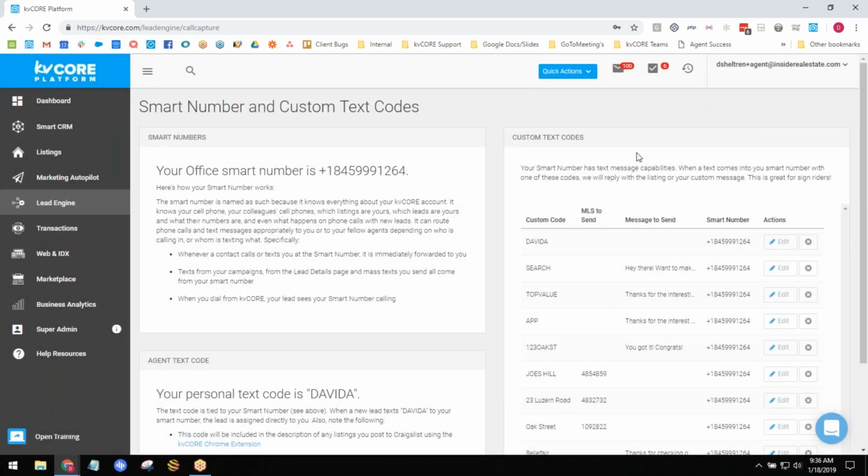So a couple hot links here. One thing to do is to add this into your email signatures going out to your clients, like have a little paragraph at the bottom. Reduced homes in Orange County, click here. Download a mobile app, click here. Want to check your home's value, click here. Like all these hot links that all leverage your text codes.